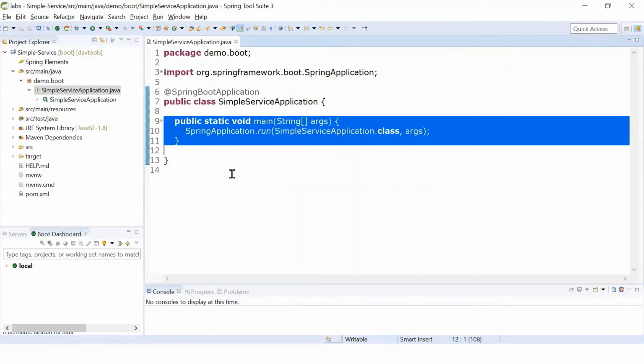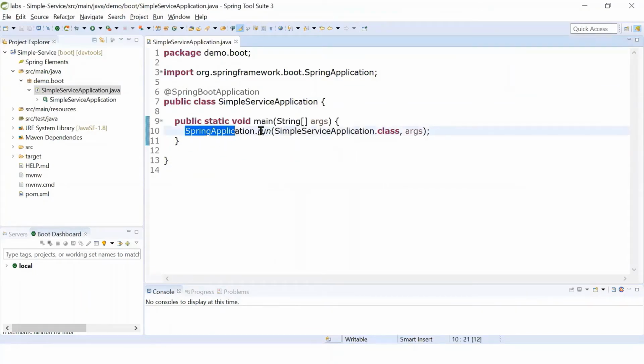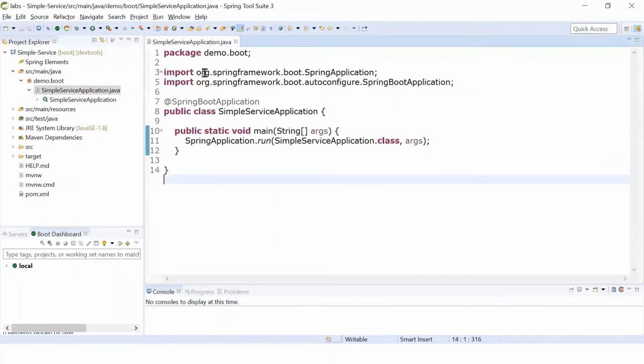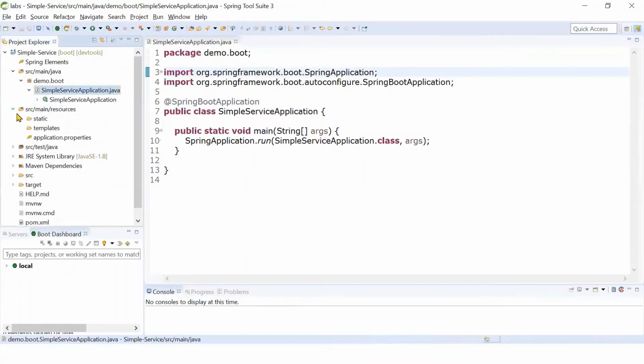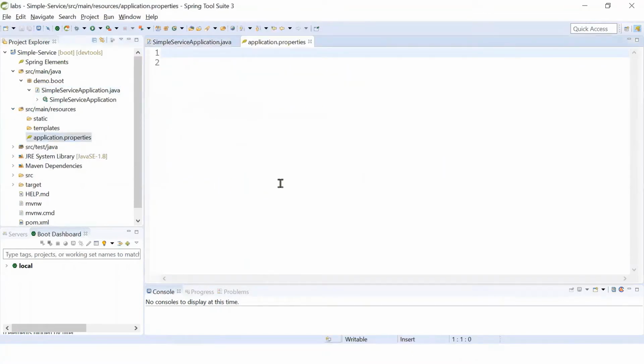And inside the main method, there is a SpringApplication.run, and we are passing this class name and the arguments, right? And these two are part of the framework, see the import statements, org.springframework.boot.SpringApplication. Similarly, there is boot.autoconfigure.SpringBootApplication, right? So these are all part of Spring Boot, right? Then in the source main resources, we observe one application.properties file got created.